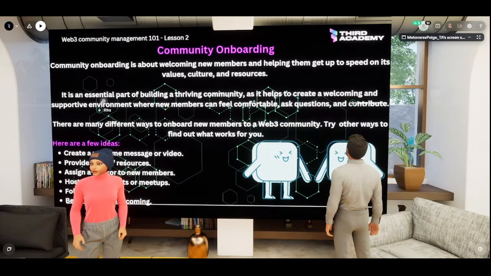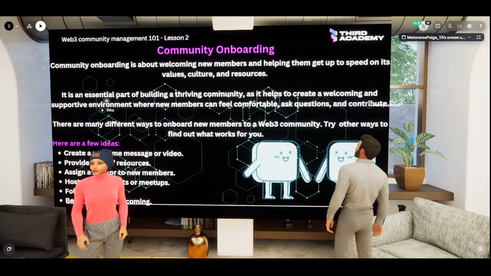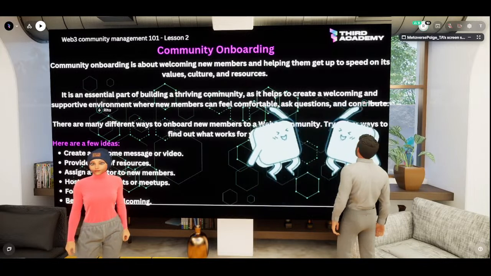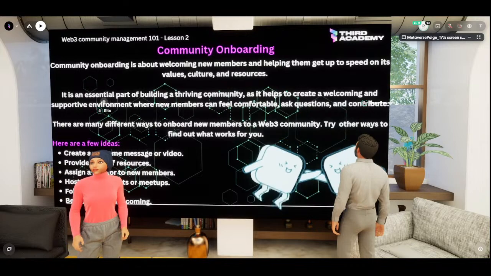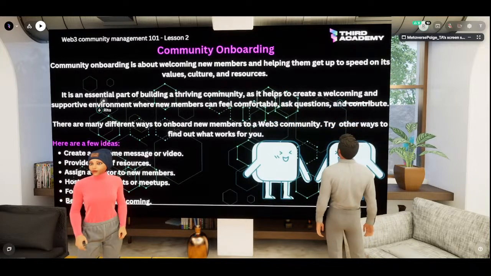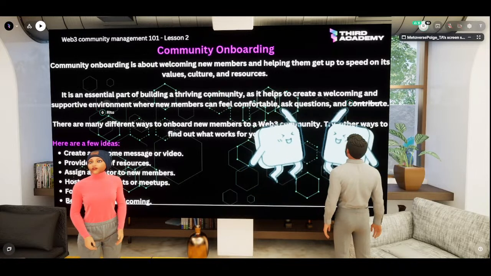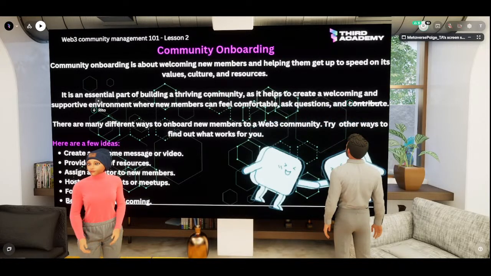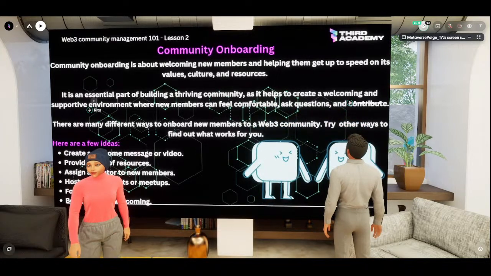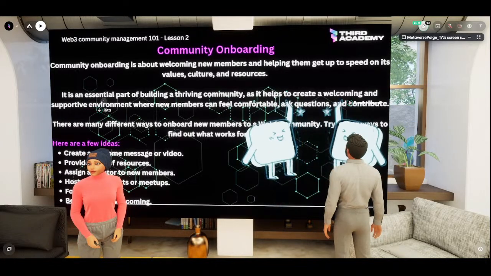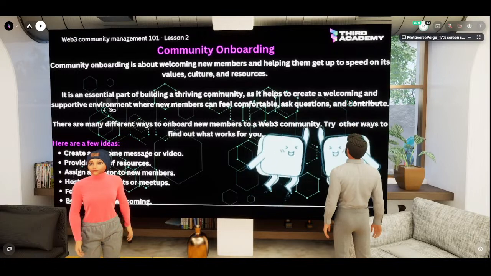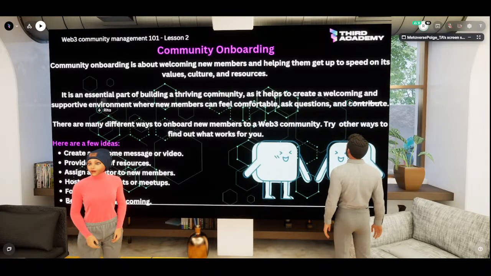Now, you also want to make it easy, just like I said, for members to find the information that they need, right? So we mentioned it earlier: FAQs, list of resources, wiki. Make sure that these resources are available. And then a checklist. I like the checklist very much, right? Give members a checklist, more like giving them a task that they could follow. If they just come in, hey, claim this role, send a message to this channel, do this, depending on the goal that you want to achieve, to lead members through your onboarding.